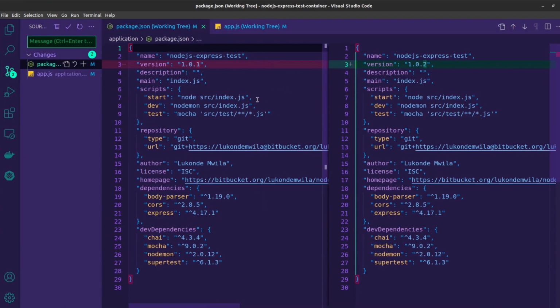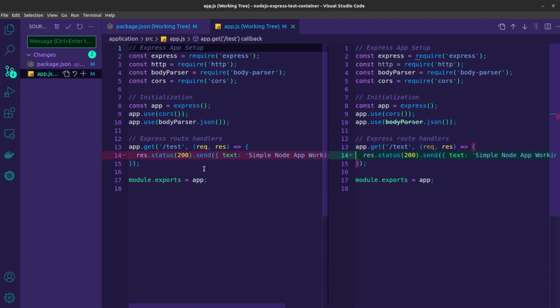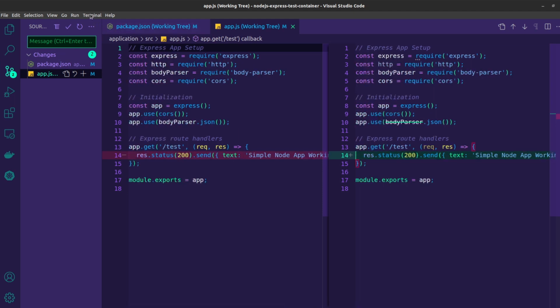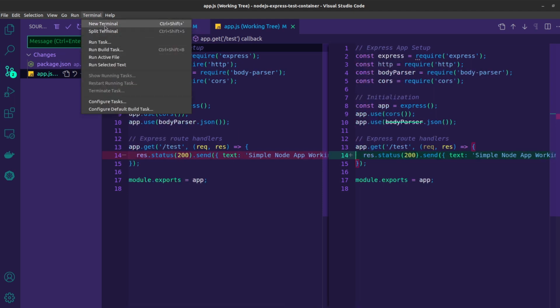Now that we've done that code walkthrough, you'll notice that I have made two changes. The first was to the package.json file, specifying the new version for my application. In addition to that, I updated the response for the test endpoint from simple node app working to just having the new version specified there right at the end, just so we can actually have visualization of a change to our application. So what I'm going to do now is commit these changes,